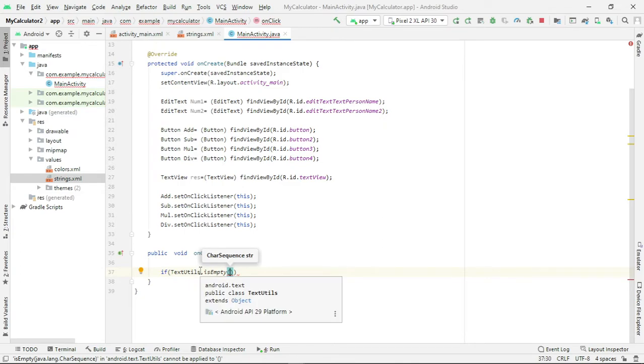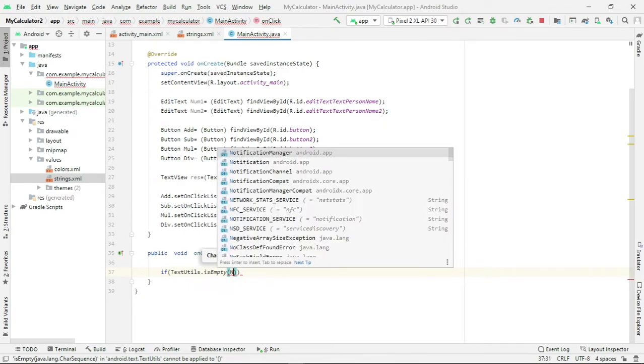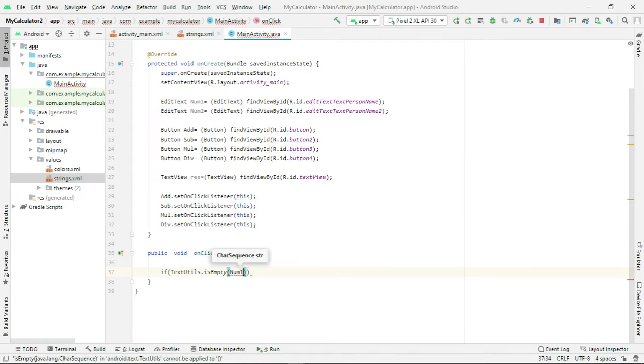Which one do you have to check? Num1. You have to read each and every character from num1. For that, getText function dot toString.